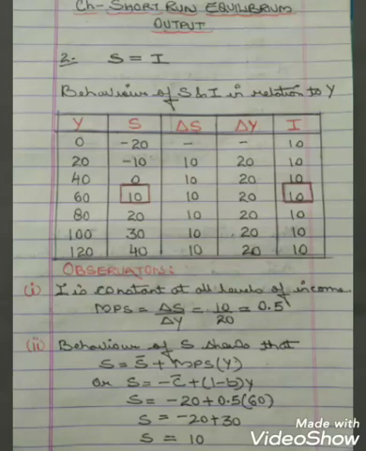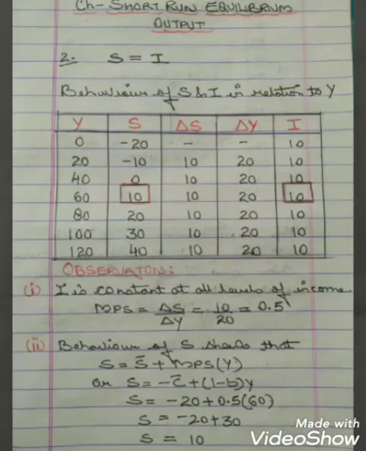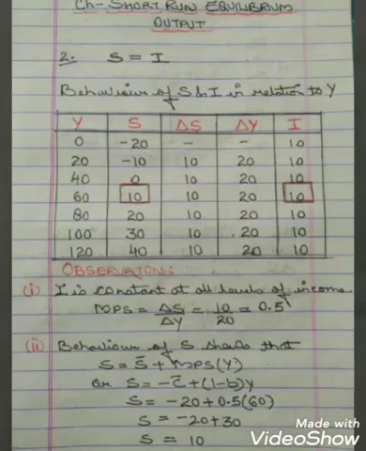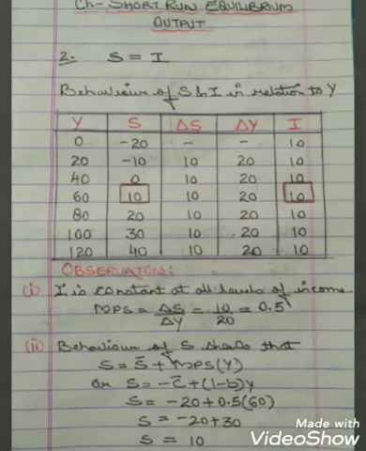Well children, equilibrium output or equilibrium GDP is achieved when S equals I, where S is saving and I is investment expenditure. Now to explain this, we have to see the behavior of S and I in relation to Y, which is income. There is a table with 5 columns. In the first column we have Y, that is income. Second we have S, that is saving. Third, we have delta S, that is change in saving. Fourth, we have delta Y, change in income, and I is investment.